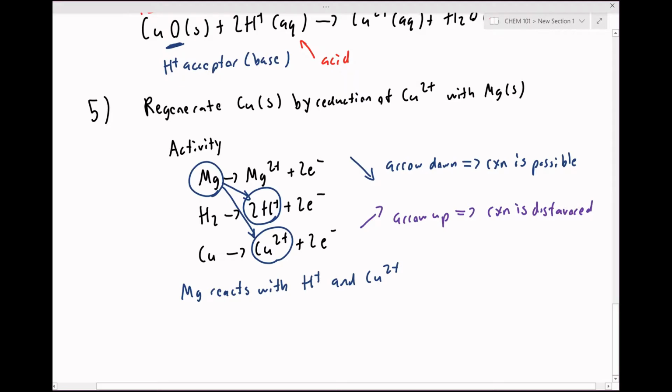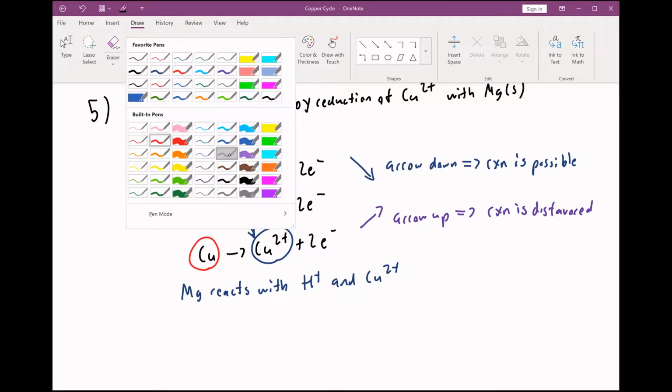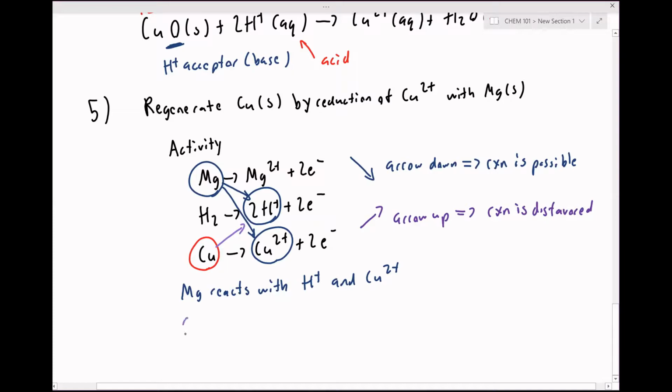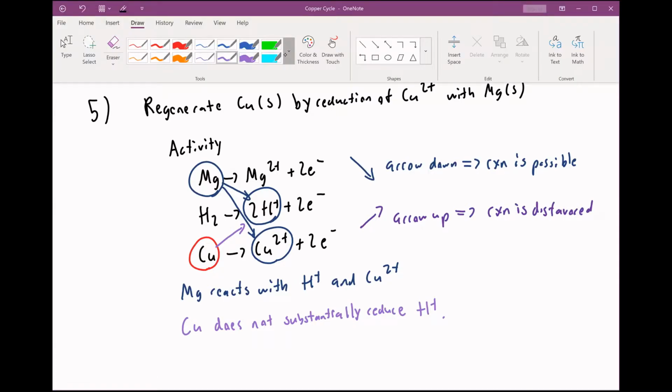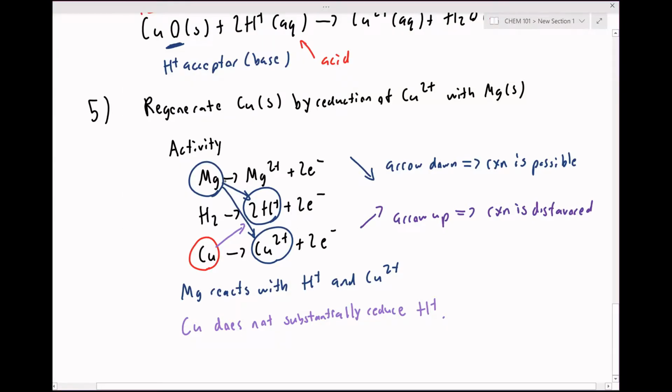Additionally, copper has this really wonderful property, that's why it's used in pipes a lot, and that it's somewhat acid resistant. So if we draw an arrow going from copper to H plus, we see that copper does not substantially reduce H+. And we can utilize this unique reactivity preference of copper in order to separate out copper